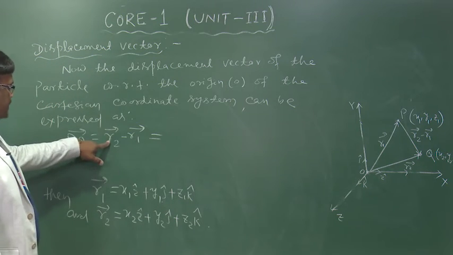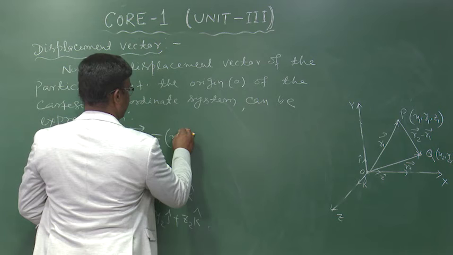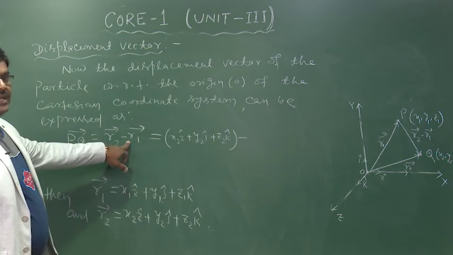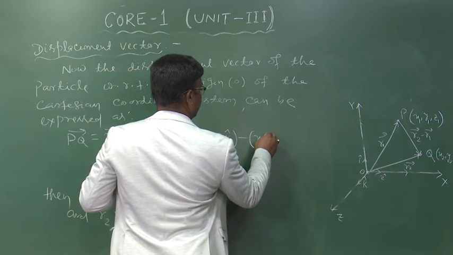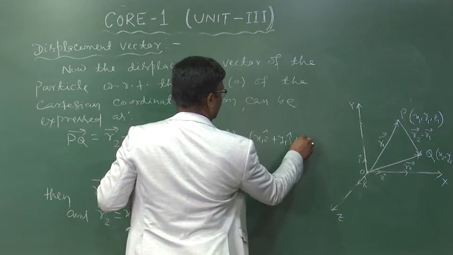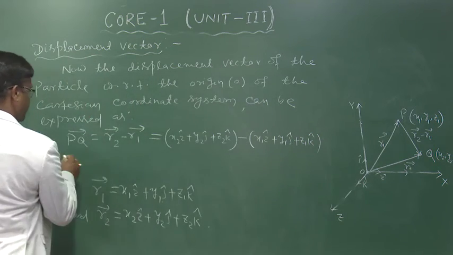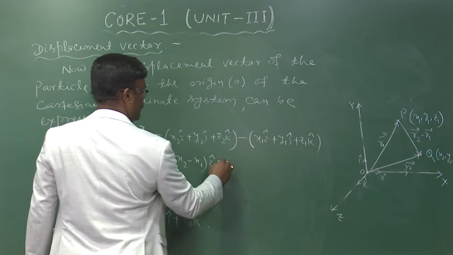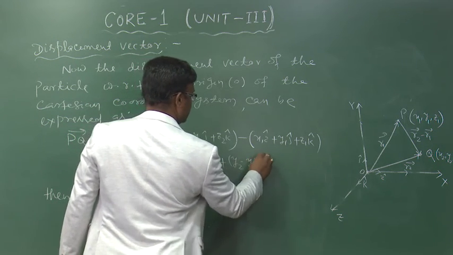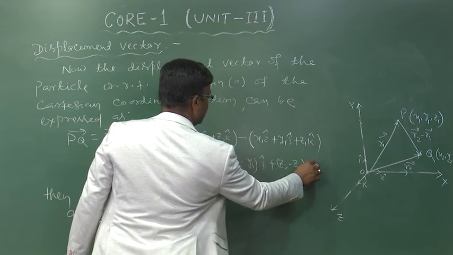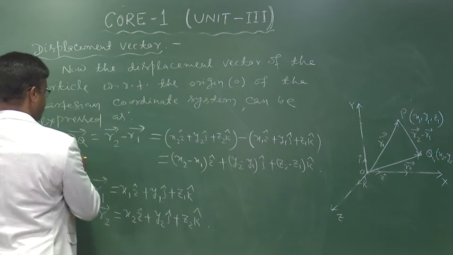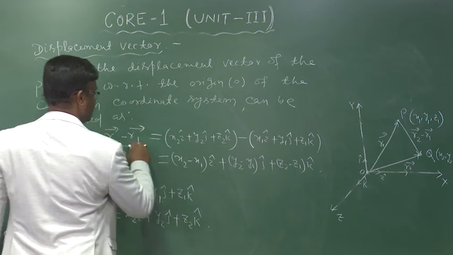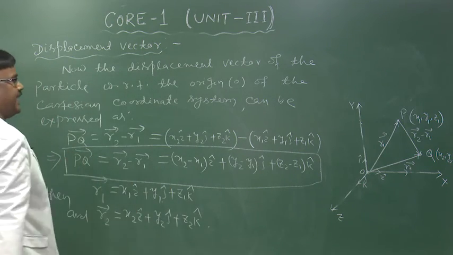In place of r2 vector we can write x2 i cap plus y2 j cap plus z2 k cap minus r1 vector, and in place of r1 vector we can write x1 i cap plus y1 j cap plus z1 k cap, which can be expressed as x2 minus x1 into i cap plus y2 minus y1 into j cap plus z2 minus z1 into k cap, and this is the expression for the displacement vector of a particle with respect to the origin of a Cartesian coordinate system,